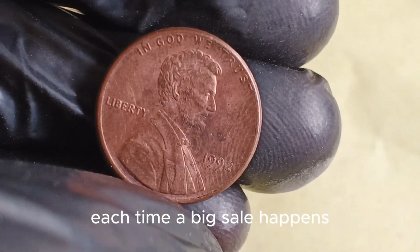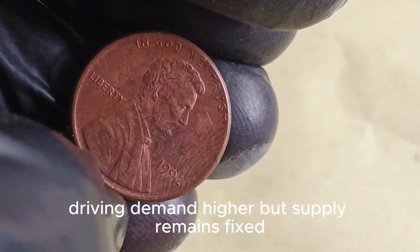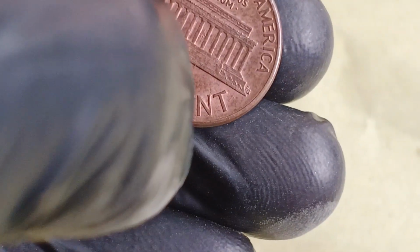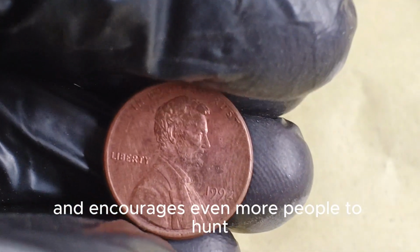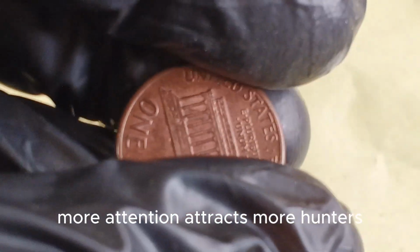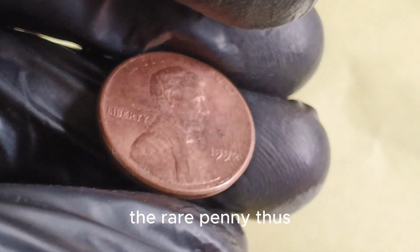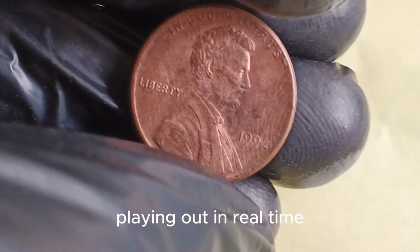Each time a big sale happens, more collectors enter the market, driving demand higher. But supply remains fixed, since only a limited number of these varieties exist. That imbalance between supply and demand drives prices up, at least temporarily, and encourages even more people to hunt. It becomes a feedback loop. Higher prices attract more attention, which attracts more hunters, which increases demand, and the cycle continues. The rare penny thus becomes a living example of economic principles playing out in real time, all under the spotlight